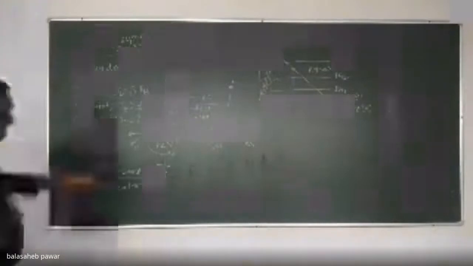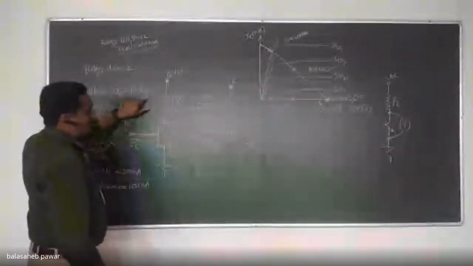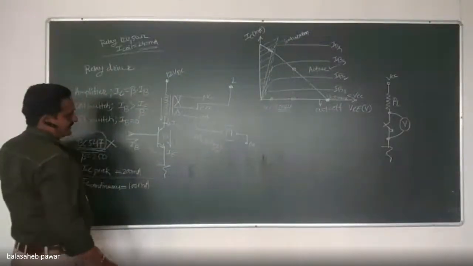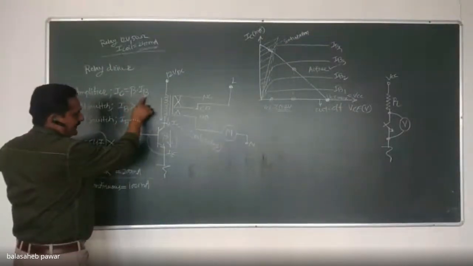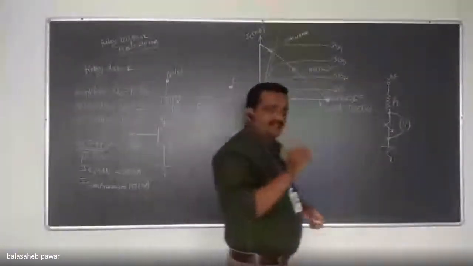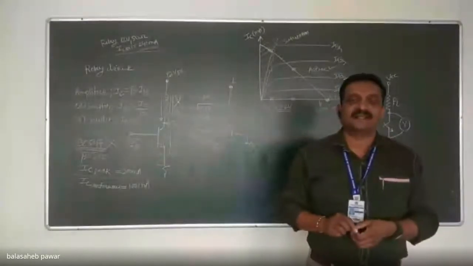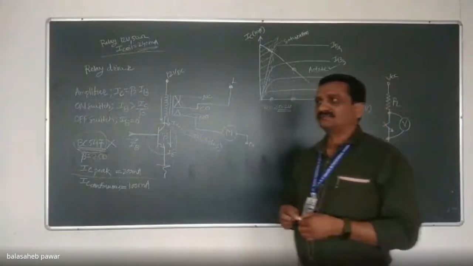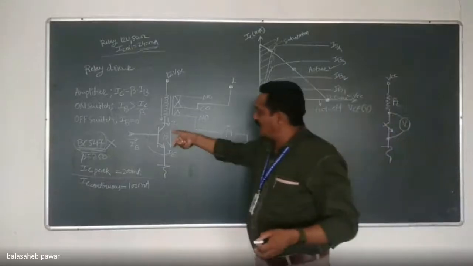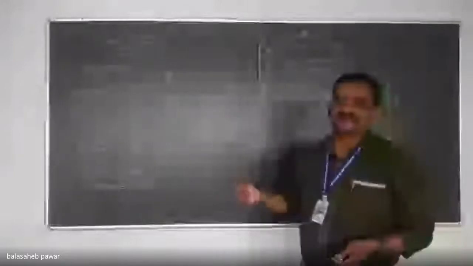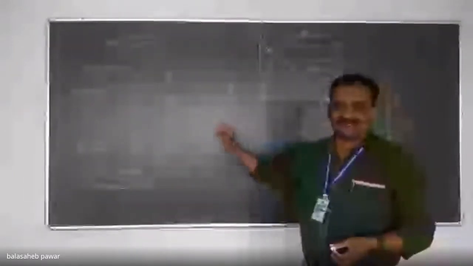How much will that IC be? That IC will be equal to beta times IB. That means there will be a flow of current through the transistor, which is beta times IB, and so a flow of current to the coil of that relay. That means the relay will get operated, no issue. Right? It will get closed. But what will be the disadvantage? High voltage drop. Yes, there will be an unnecessarily high voltage drop across that transistor, and wastage of power by that electronic switch, right?